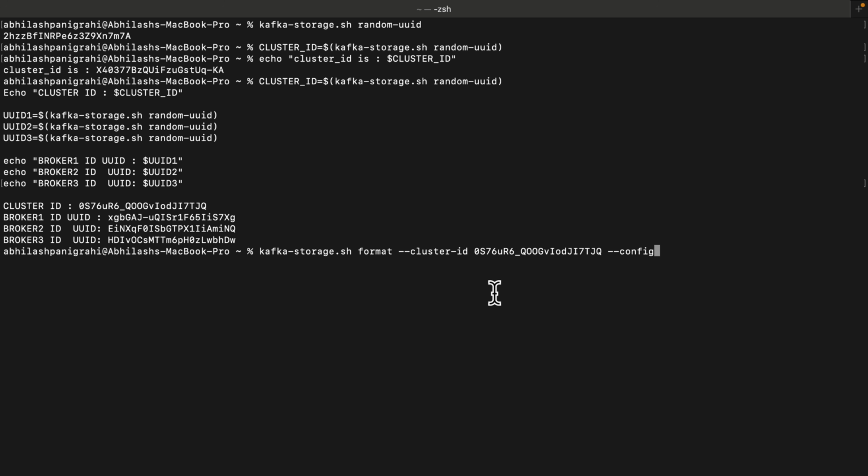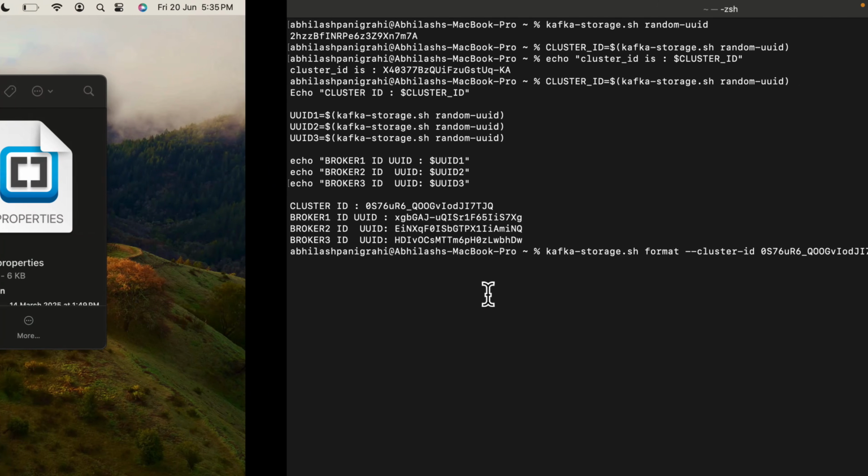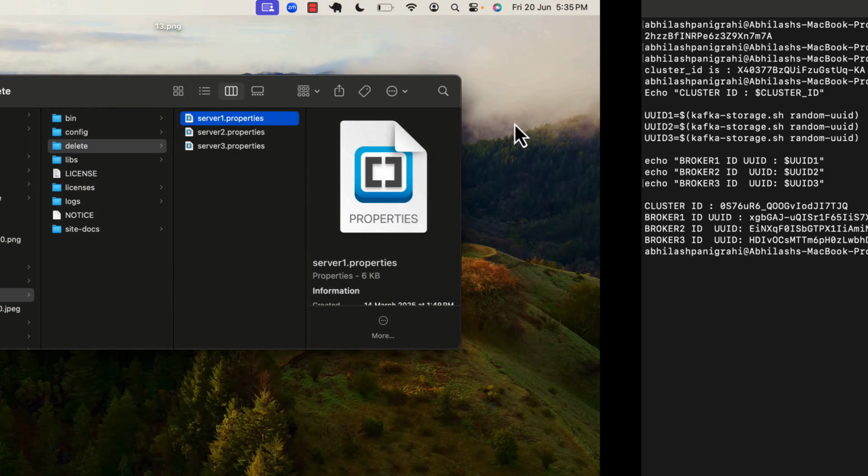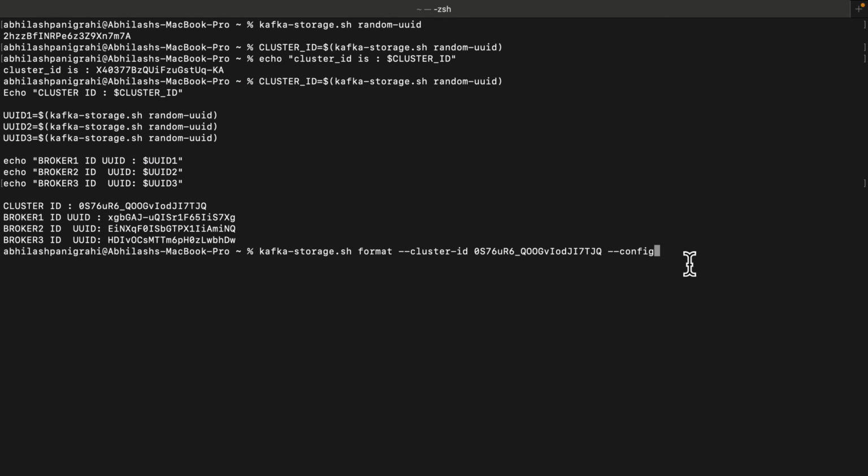So first of all, let's just try to create and format the folder where my server 1, the Kafka broker 1, will run. So I'm going to take one of the server 1 properties. It is going to create the folder where the log file will be stored behind the scenes, because Kafka KRaft doesn't use Zookeeper. So I'm going to use this. Now if I'm going to press enter, by the way,